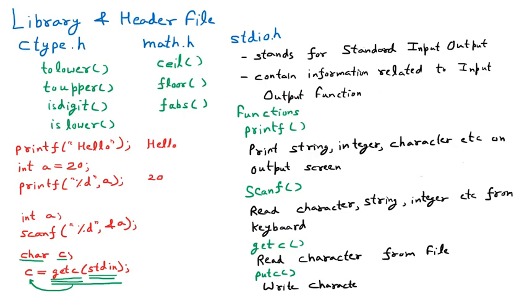character to file. If you want to put some character to the file, that is with the help of the putc function. Now I'm taking one example to make you understand about the putc function. Let us suppose that we are having a character char c and there we are having a value A. So there is a character in your program, A.